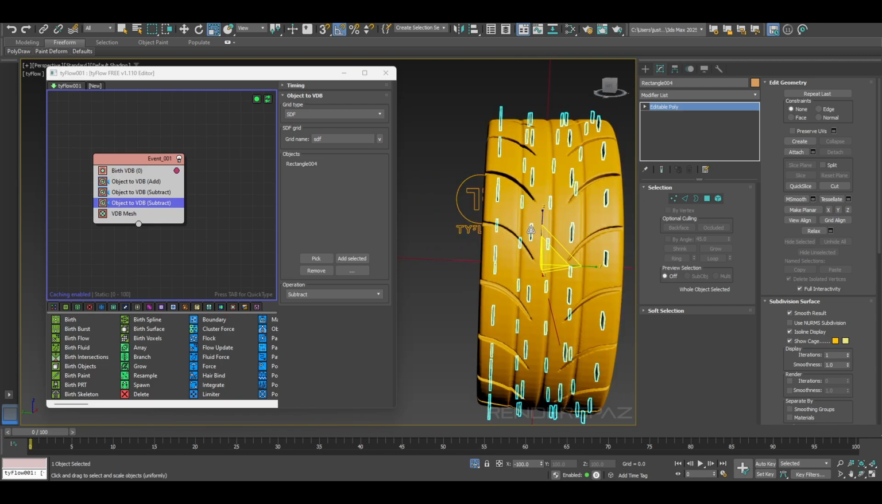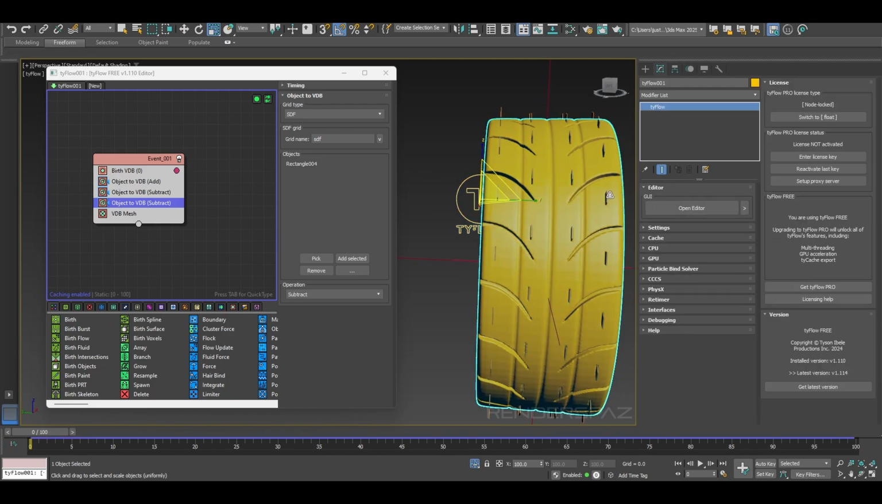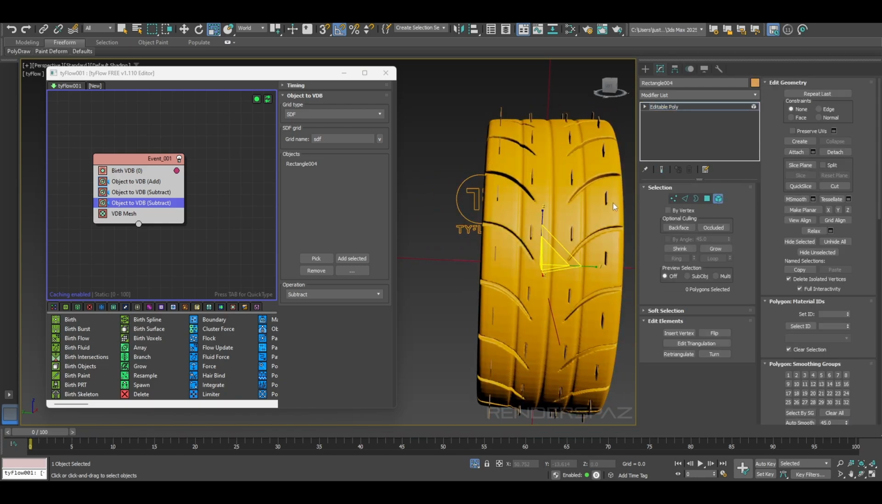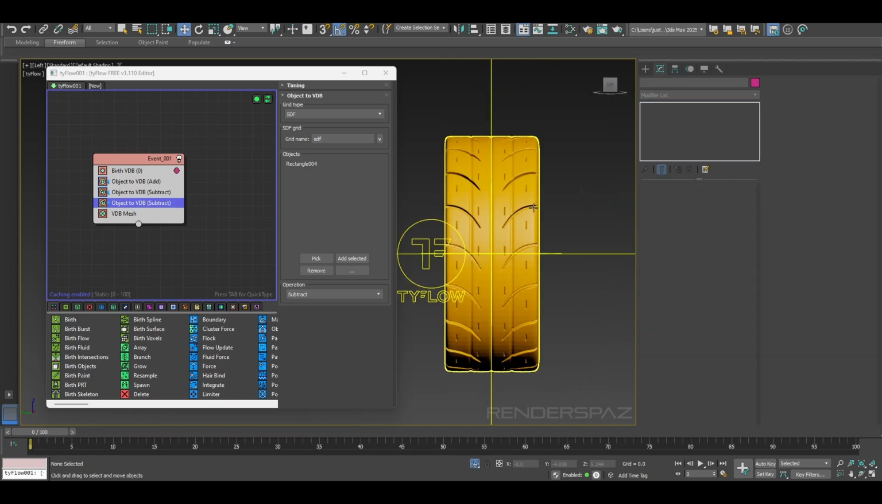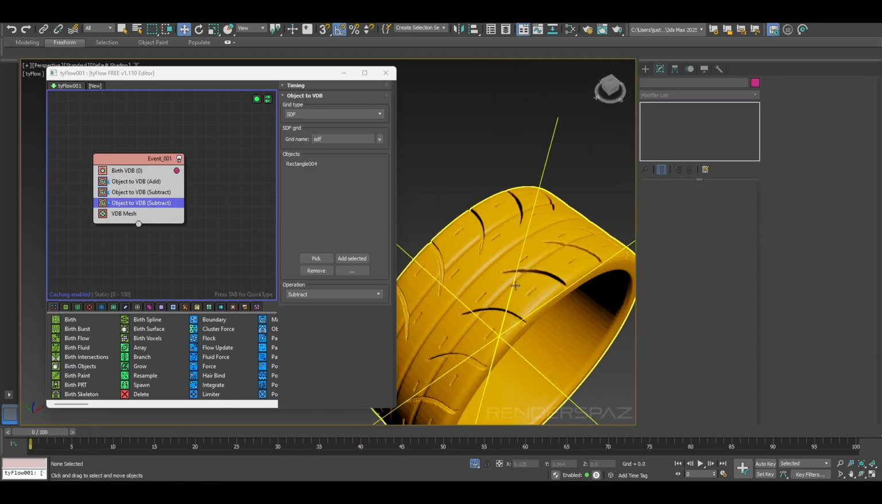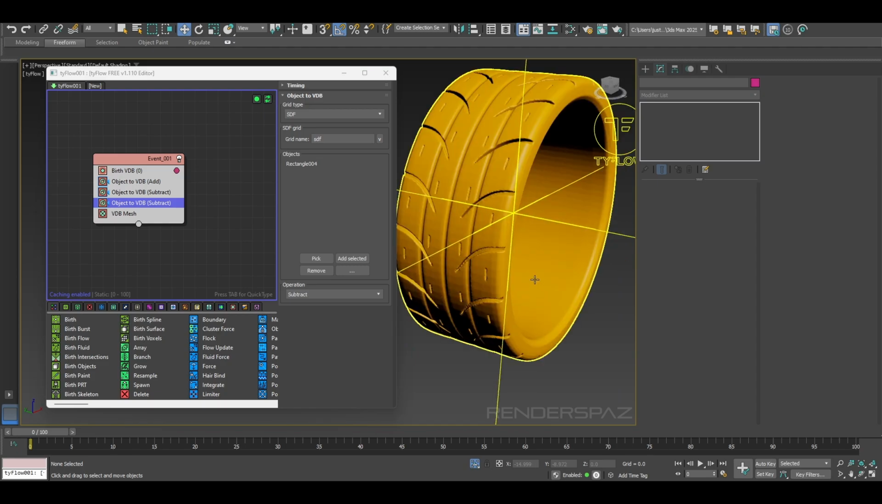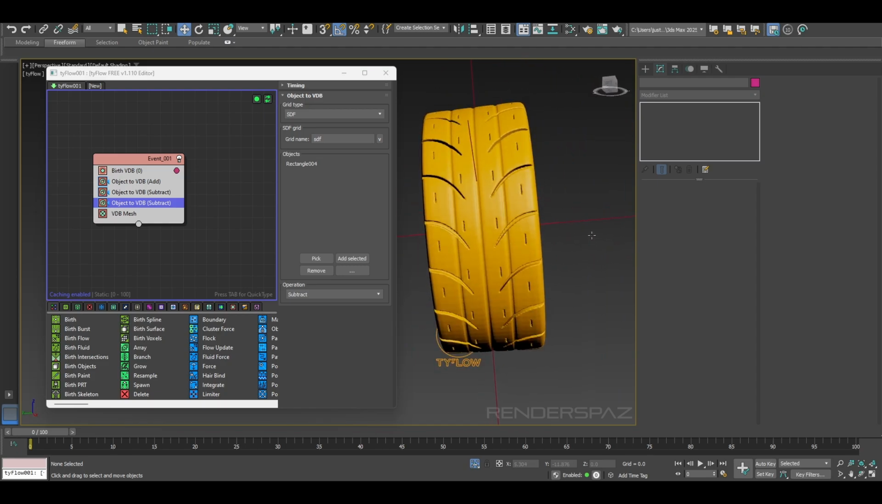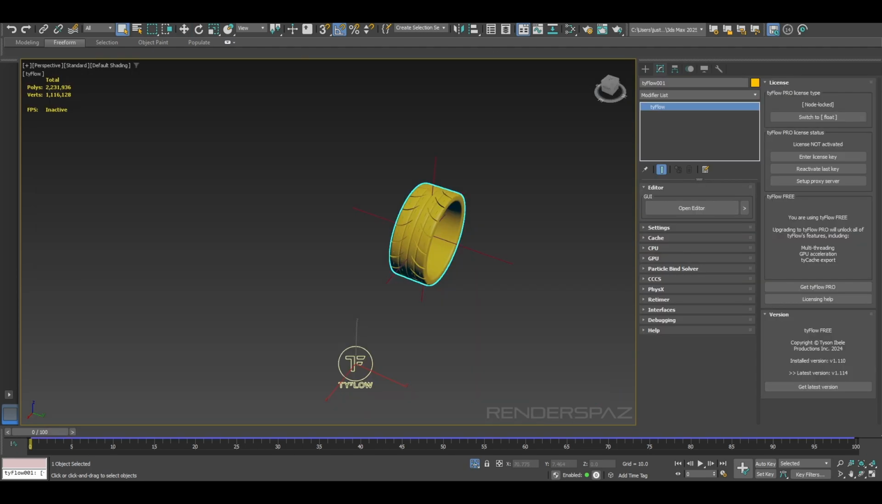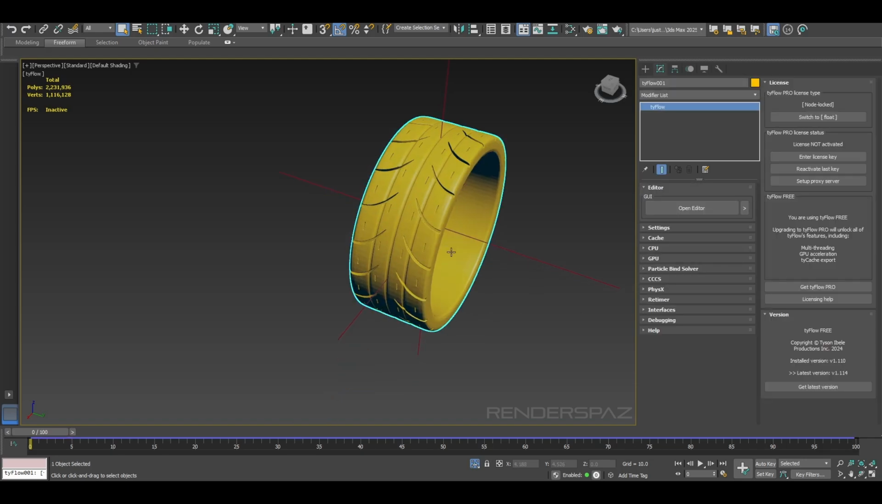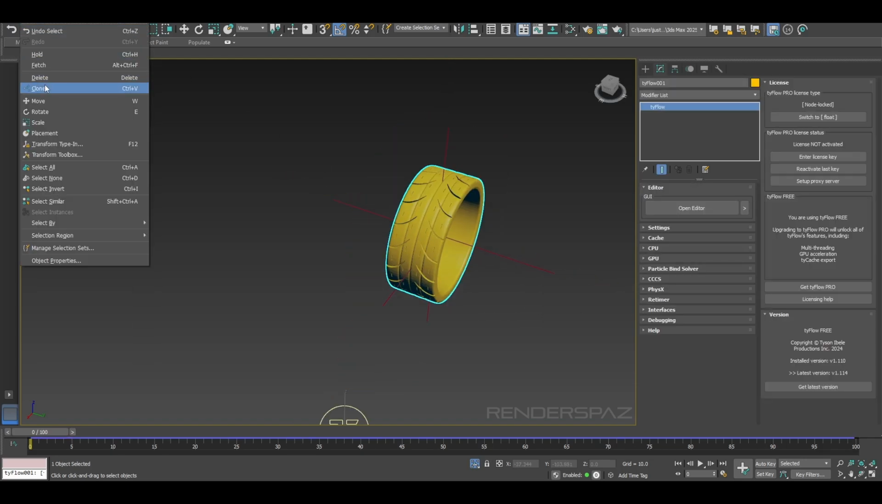Okay. Let's see here. That's pretty good. Alright, so what we're going to want to do here before we start to add some relaxation to our tire